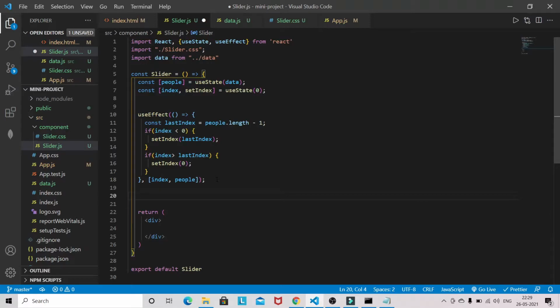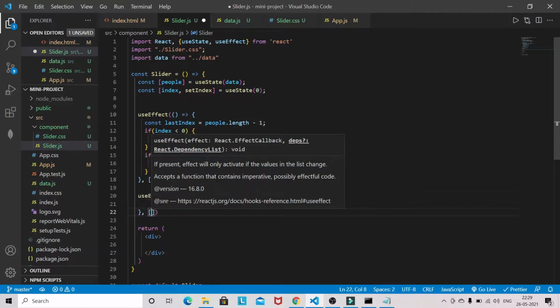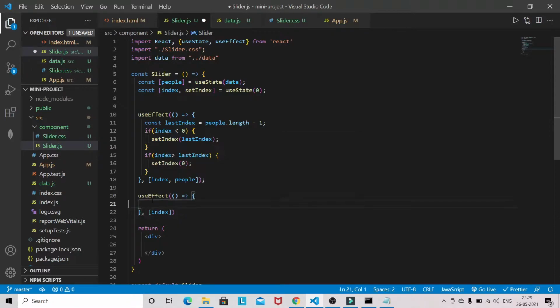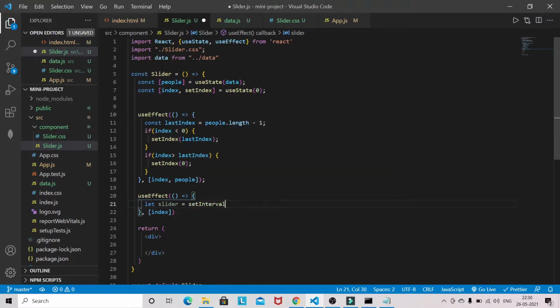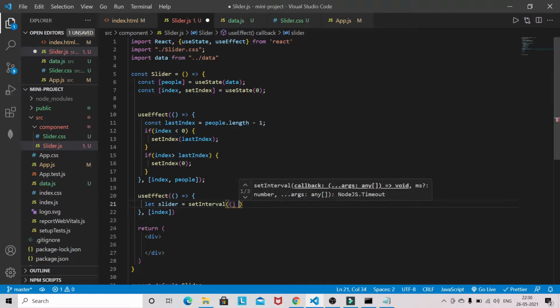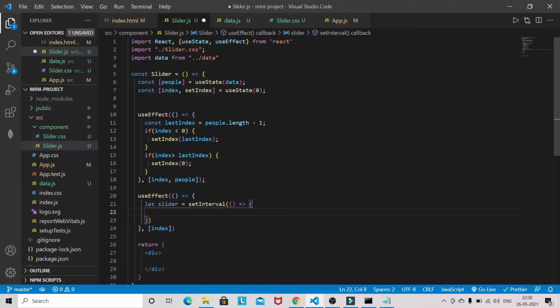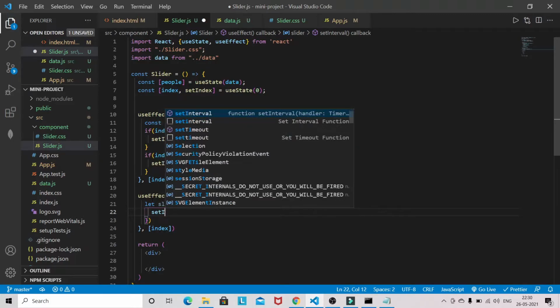Now we have to apply one more useEffect, which will also depend on the index. Let's create a slider using setInterval, because if you don't press previous or next, then the image will move forward automatically after 5 seconds.